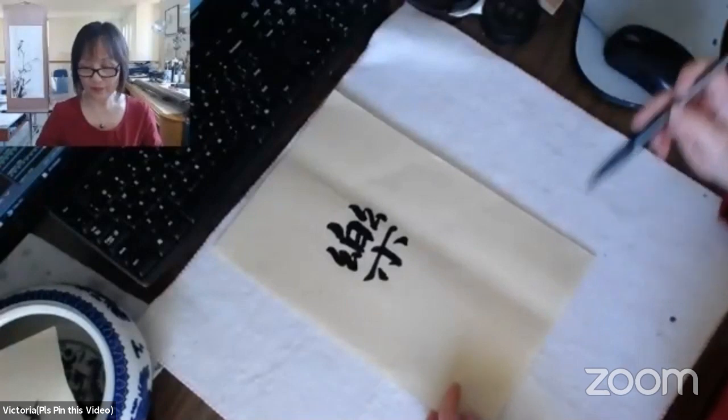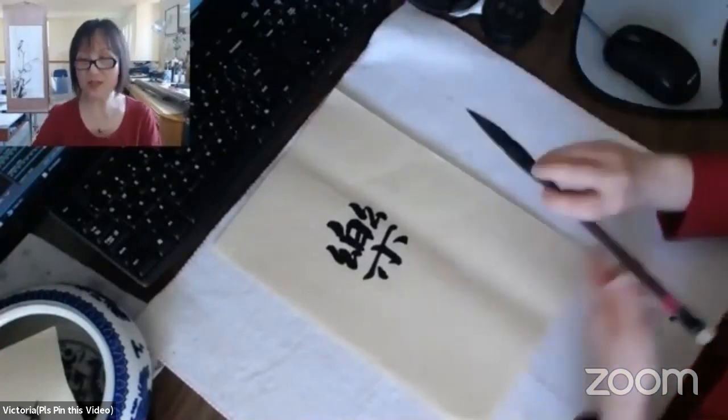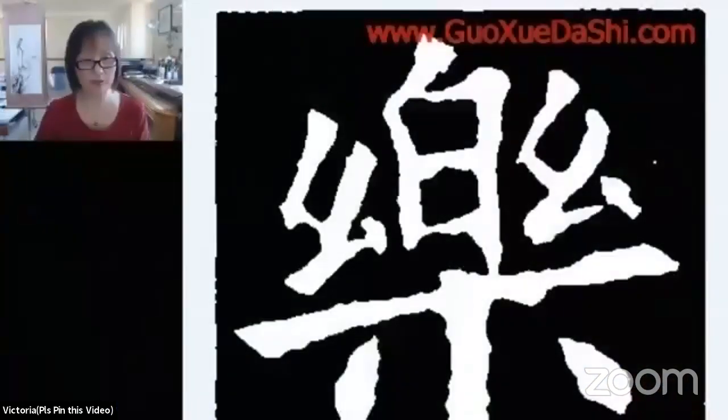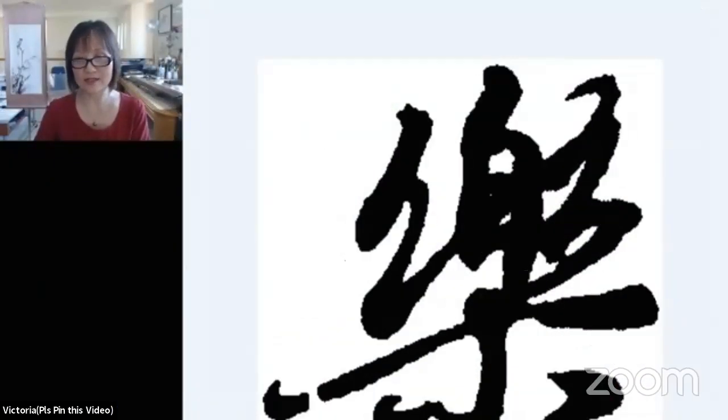And this standard style, let me change it to the walking style. Oh, this is the walking style. And for the walking style, you can see some more connection for the silk twist part, right?